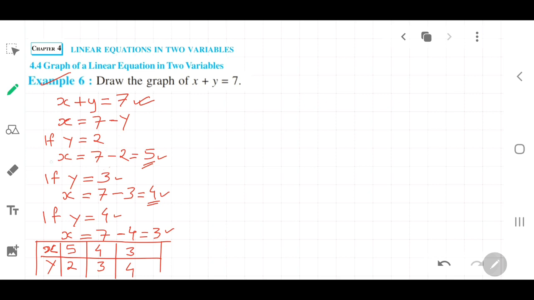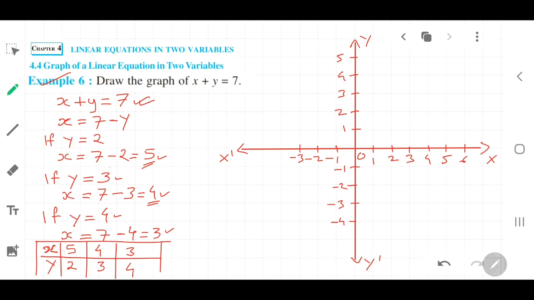Now this you have to represent in a graph. So student, you can see in this graph you have to represent the 3 different solutions that you got. So first, x you take 5, you can see in the chart here x is 5 and y is 2. So on the x axis you go to positive 5 and positive 2 is the value of y. Correct? And put one dot here and in brackets you write 5 comma 2.